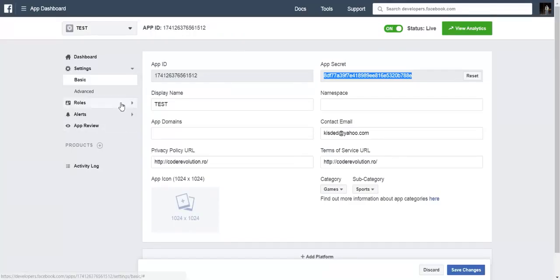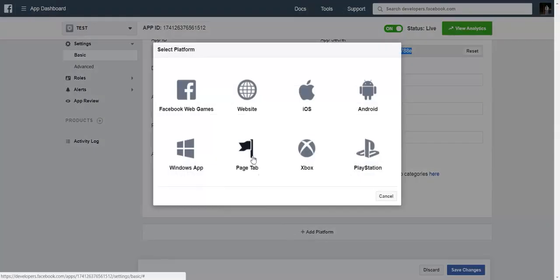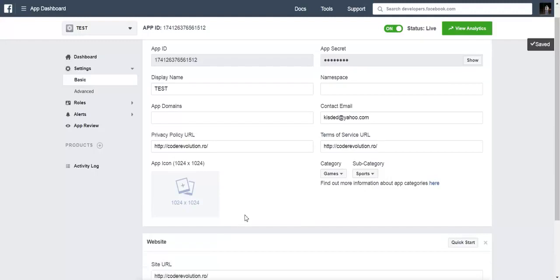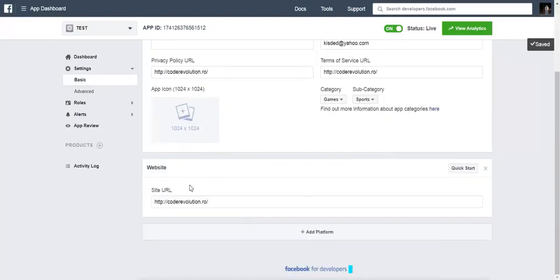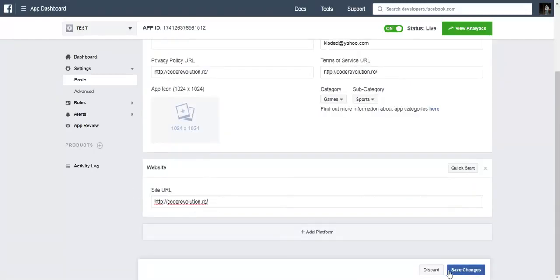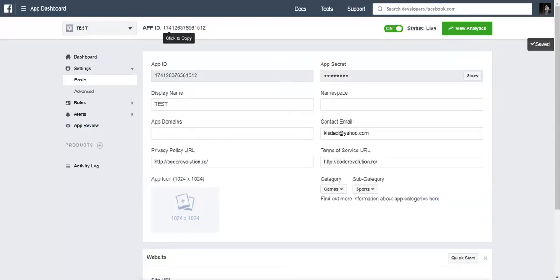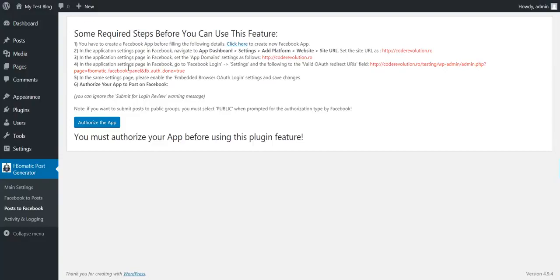So let's go together and add a platform. Click website and add the site URL here. Click enter and the changes are saved. Okay. You can see the changes are saved. Okay, after these changes are saved, we can go to the plugin back and check the 4th to-do list and